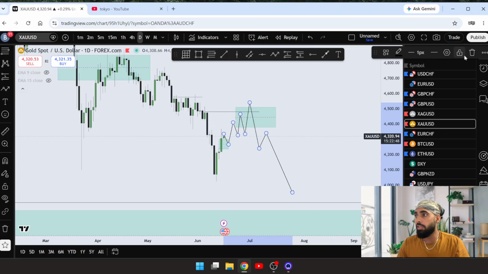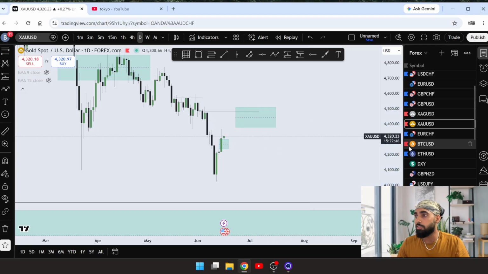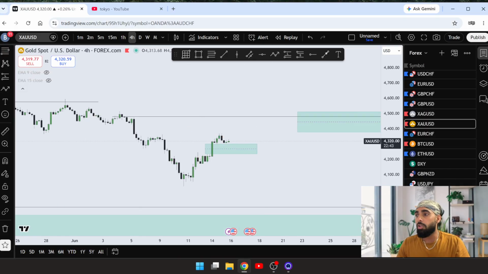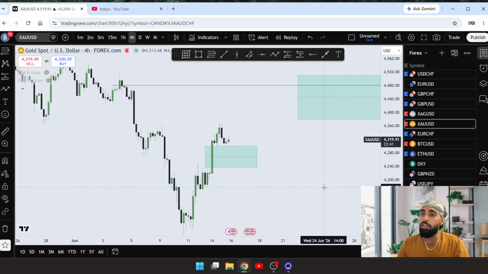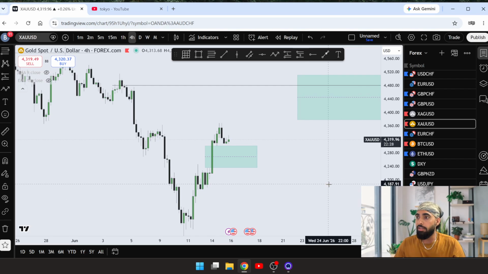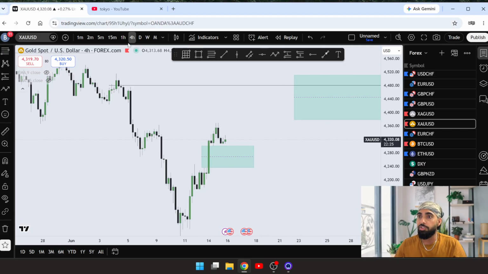Nothing is much clear right now, everything is blue and red. I don't have any clear bias to trade today, so I'm not going to look at these charts. But if we go on the 4-hour time frame, I do low probability trades. This is not going to be high probability, but still, if I needed to trade, and if I do a low probability trade, then I'll show you how to do that.